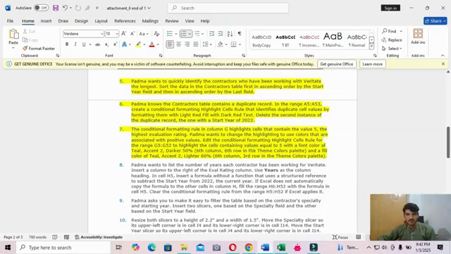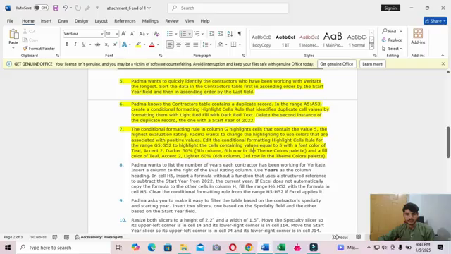The conditional formatting rule in column G highlights cells that contain the value 5, the highest evaluation rating. Padma wants to change the highlight to use a color that is associated with positive values. Edit the conditional formatting Highlight Cells rule for the range G5 up to G52. Highlight the cells containing a value equal to 5 with the font color Teal, Accent 2, Darker 50%.